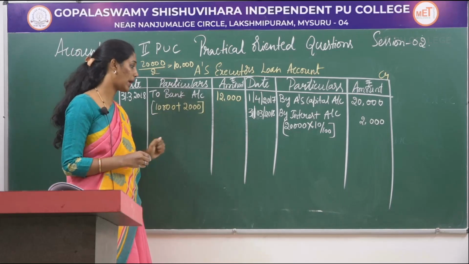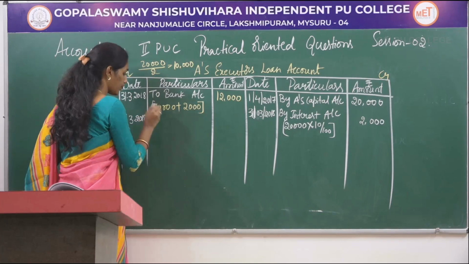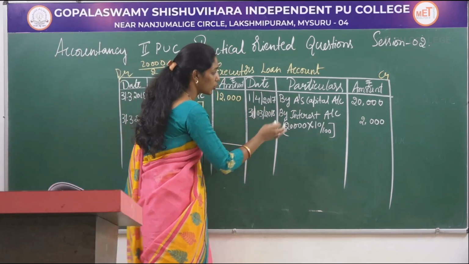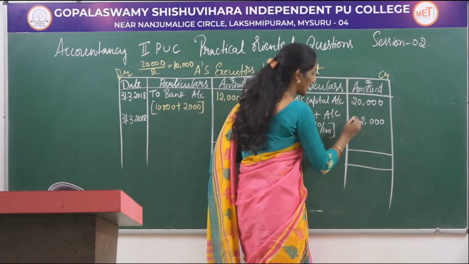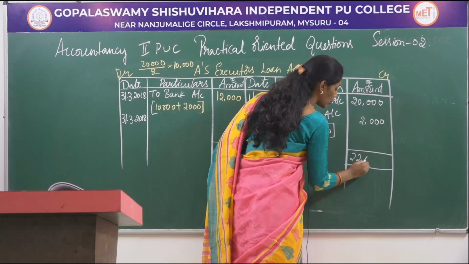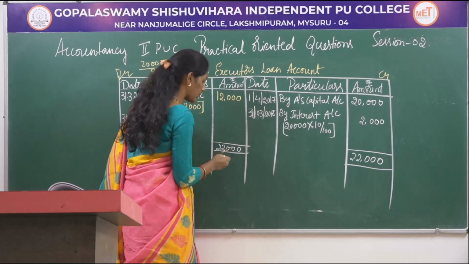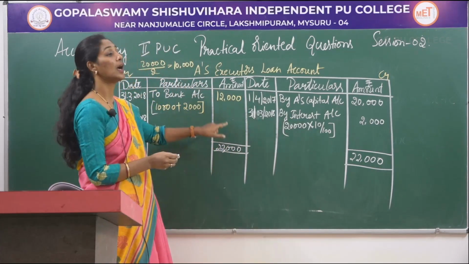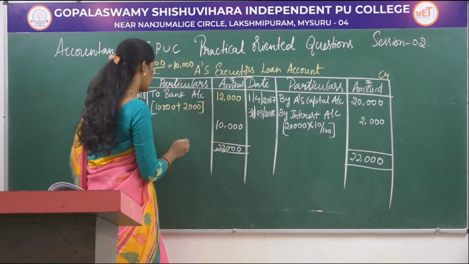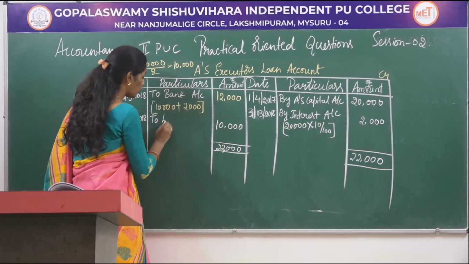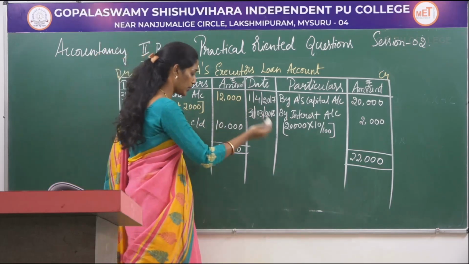So now you have to find out the balance here, as on 31/3/2018. So now you can observe here the total of credit is more than the total of debit. So first you have to make a total of credit side. 20,000 plus 2,000, you will get 22,000. Write the same total on the debit side. 22,000 minus 12,000, you will get 10,000. So this is nothing but the balance carried down, and it must be brought down to the next year